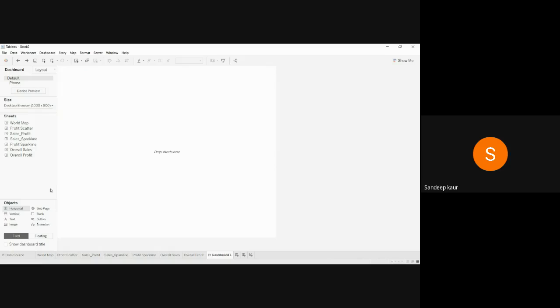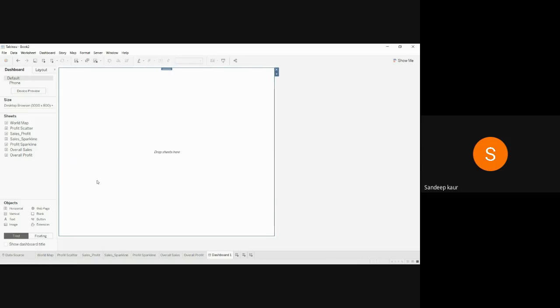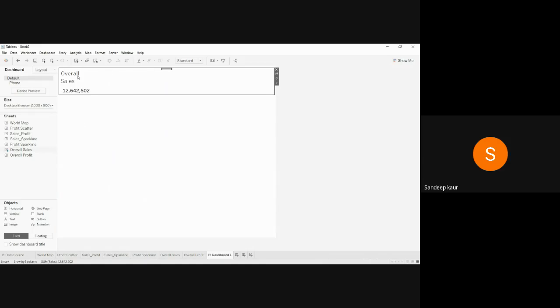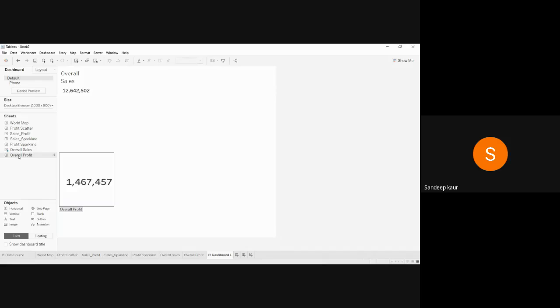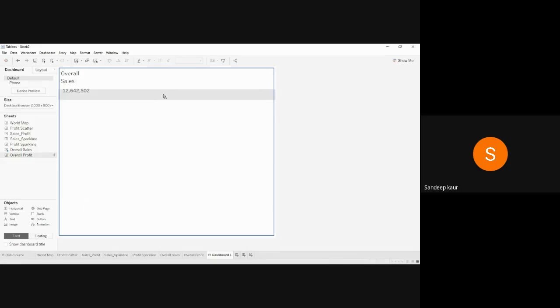So firstly, I'm going to use a horizontal container. So we have got a container. Next, we will drag in the overall sales sheet here in the container. Okay, now you can see this is adjusted here. And if I want to add more components, you need to select the component and bring it till a little gray bar on the right appears, and simply drop it like this. I'm going to select the overall profit. So I just have to wait for this little gray bar to appear,